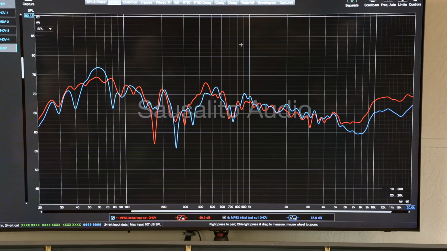Right, yeah. Right speaker's got that. I like the bass response of the left speaker better. Right, it's a little flatter. And bass is the most important. So when it comes to